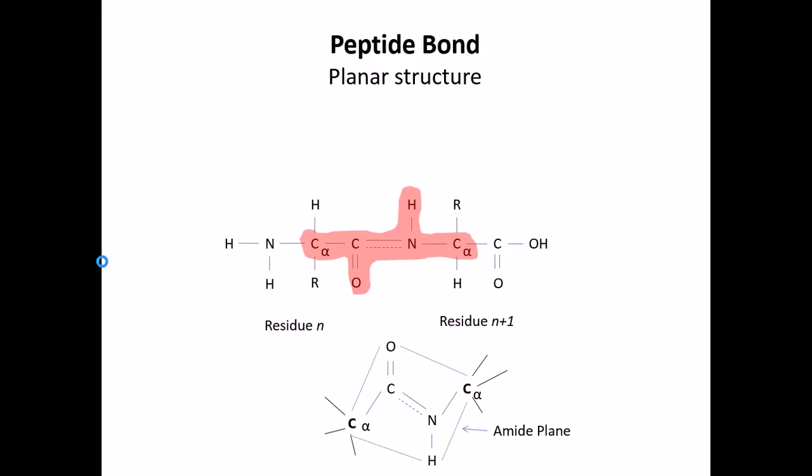So a resonance structure generally prefers a planar structure, and hence the same reason extends here too, that electron movement across these various atoms is preferred only by a planar structure. So this plane composed of C alpha of the nth till the C alpha of the n plus 1th residue is called the amide plane, because